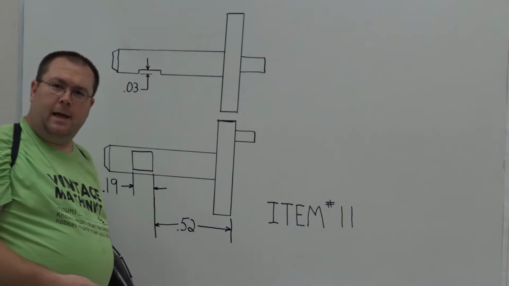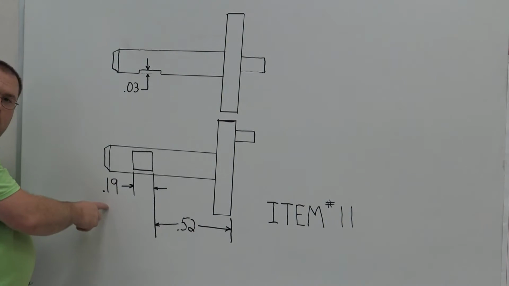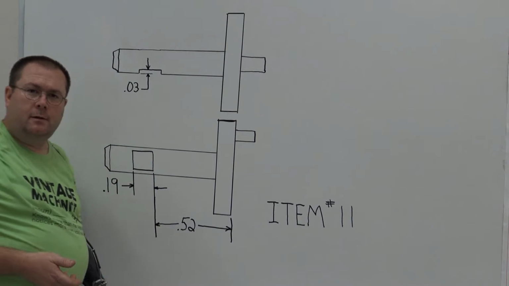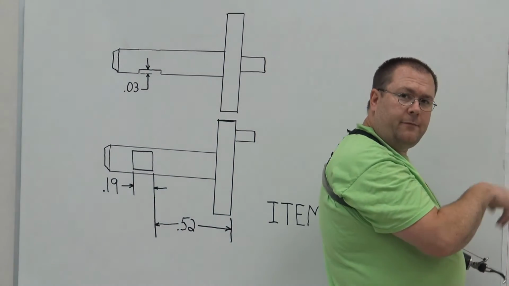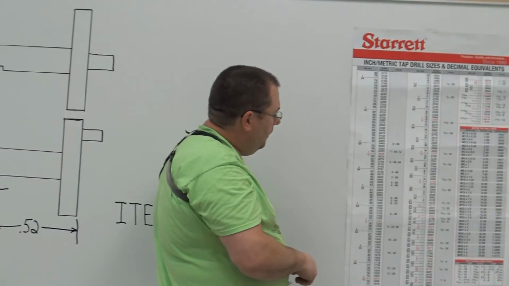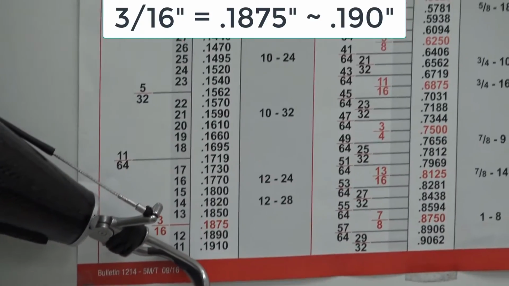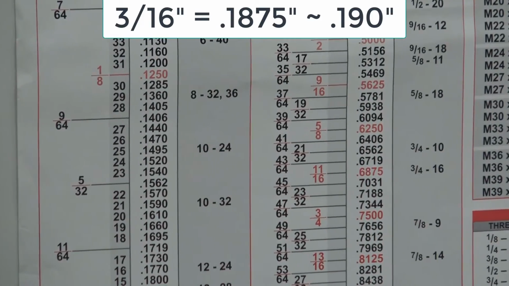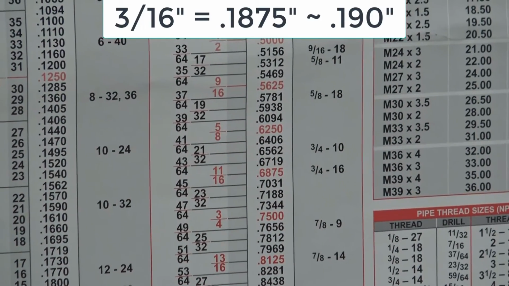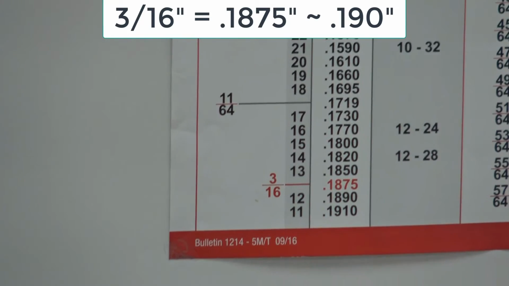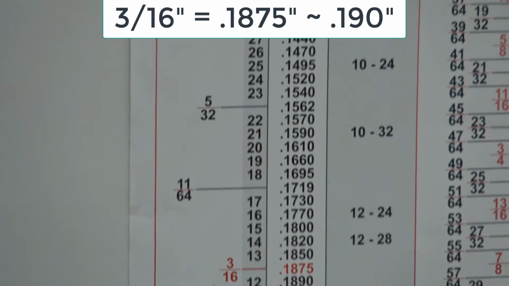We would have to have special end mills ground up to find one that measures 190 thousandths. But if I go to my decimal equivalent chart, which gives me all the different sizes for fractions that I want to work with, and I start going down through here, there's a fractional size that's very close to 190 thousandths. That fractional size is so close, it's only 2.5 thousandths difference, but if I go back and look at the 190 thousandths dimension, it's called out as 0.19,